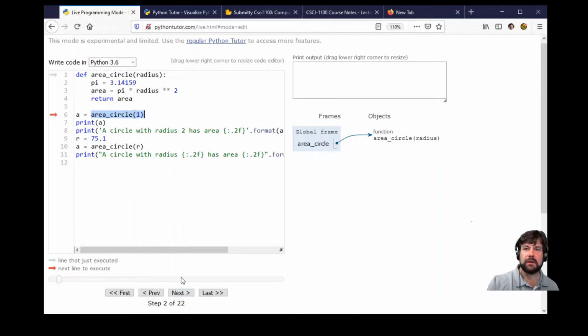And when we see the call, we take whatever the argument to the call is, this 1 in this case. We replace the parameter or parameters with the value of the argument or arguments. In this case, there's only one argument, one parameter. So our parameter radius gets the value 1. Now we execute